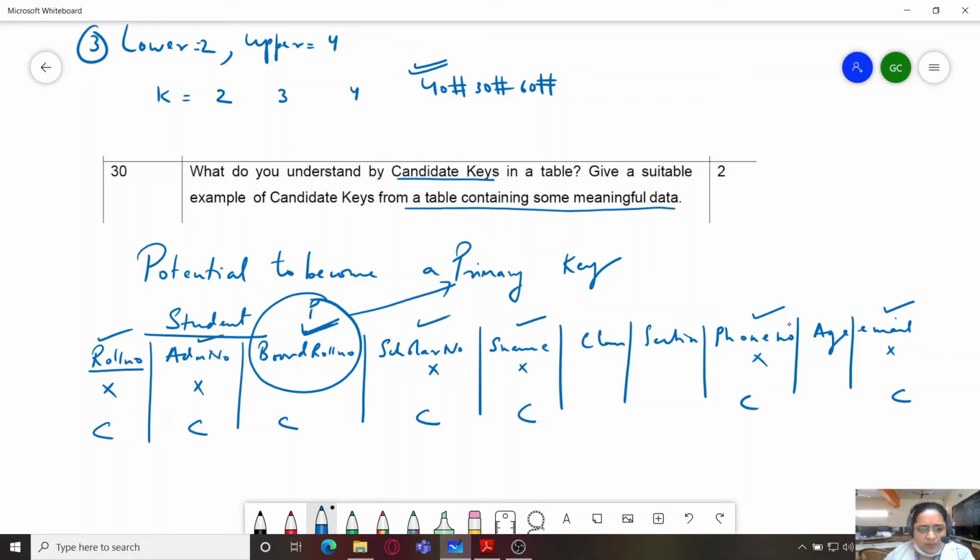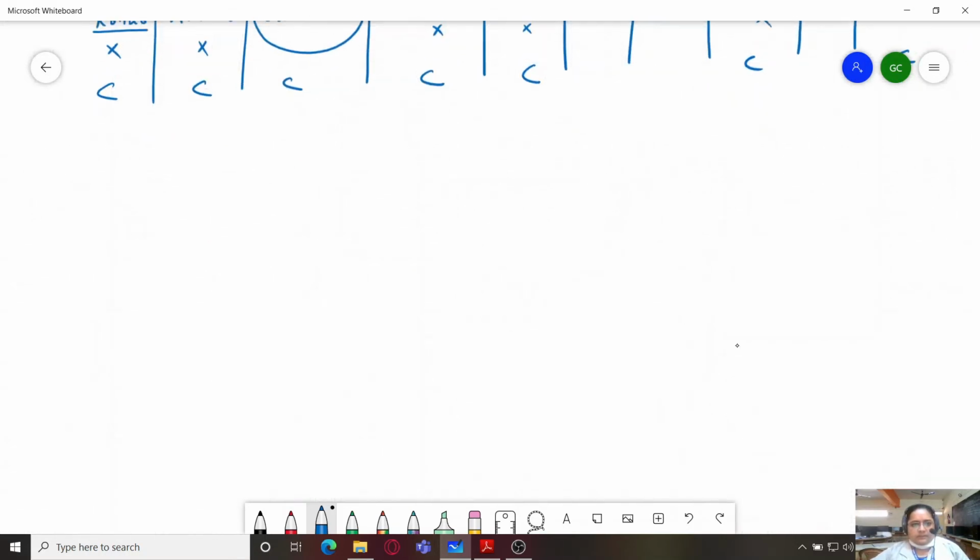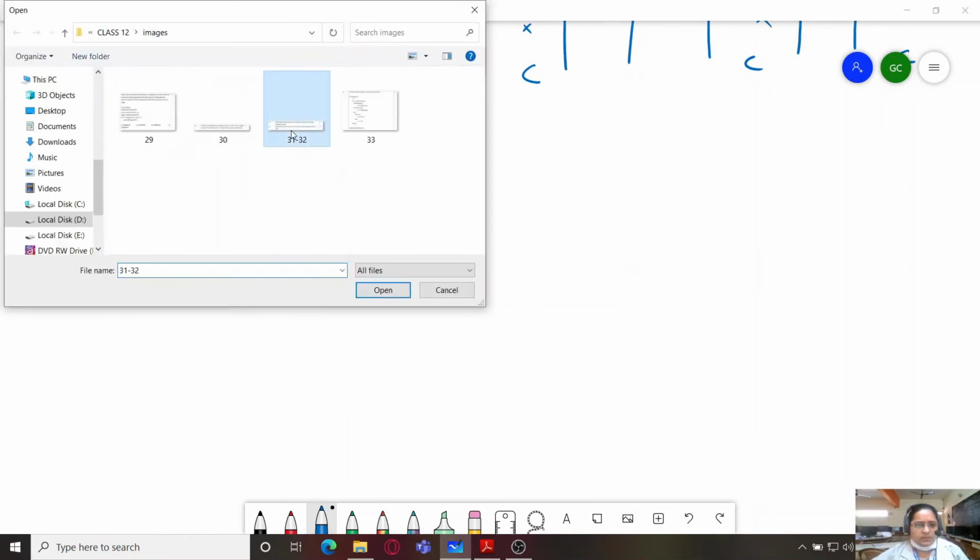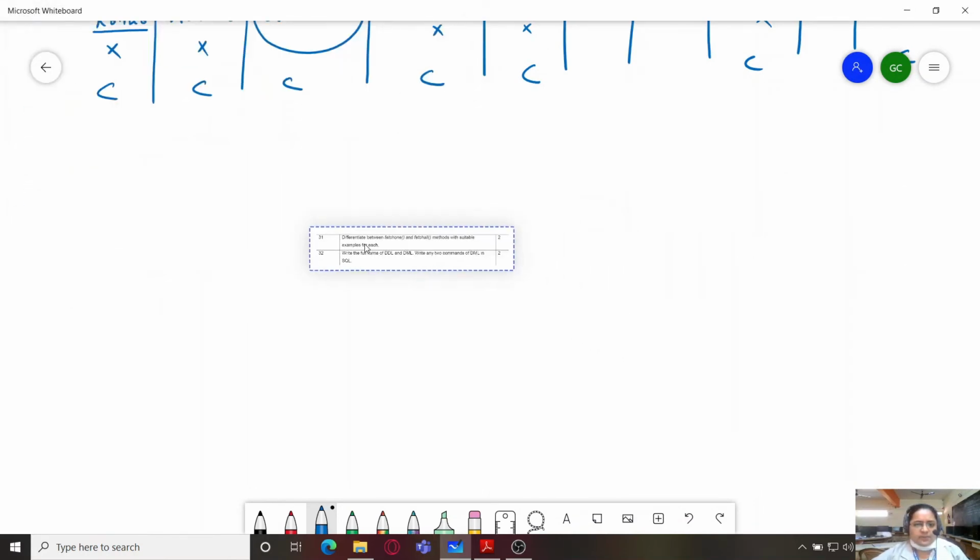You can just provide the table structure and maybe one or two sample records, and you have to explain why this particular key has to be the primary key. So you get many theoretical questions also, which are quite straightforward. You should not face any problems with those.